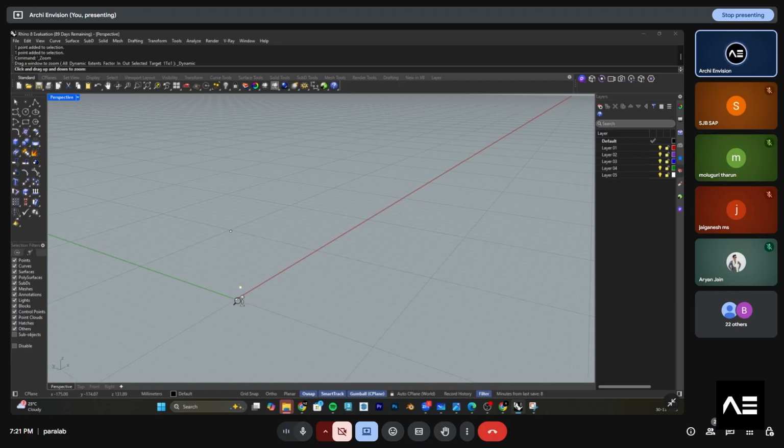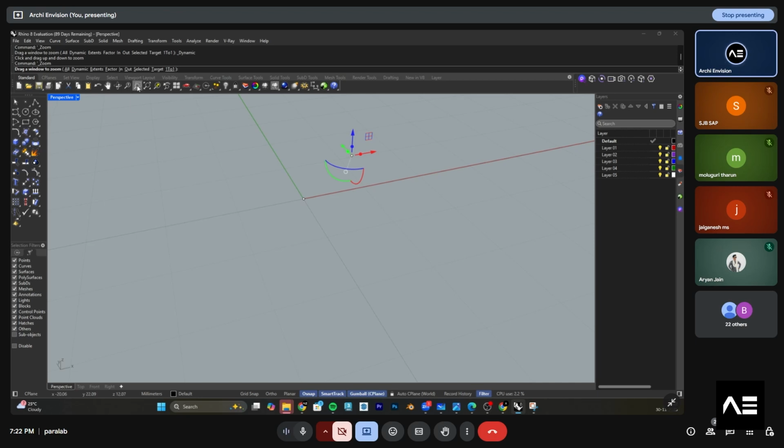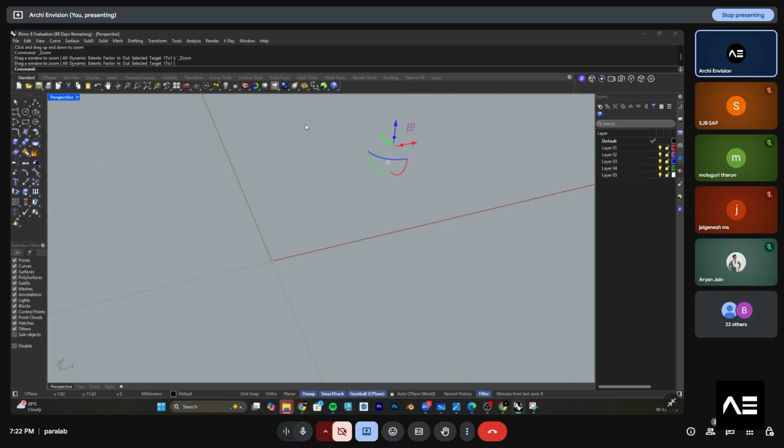If you want to zoom, you can zoom it like this. If you want to zoom out, you can zoom out. Use this zoom command. Just zoom out, zoom in, zoom out, zoom in. If you want to zoom to some extent, just click on this command, zoom window, zoom target, just drag it, and it will zoom over there.